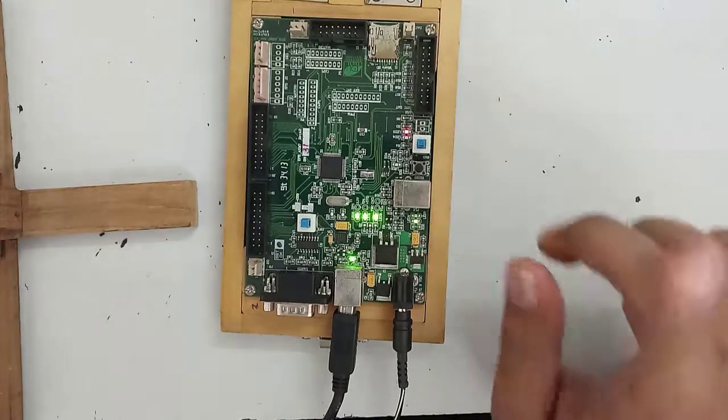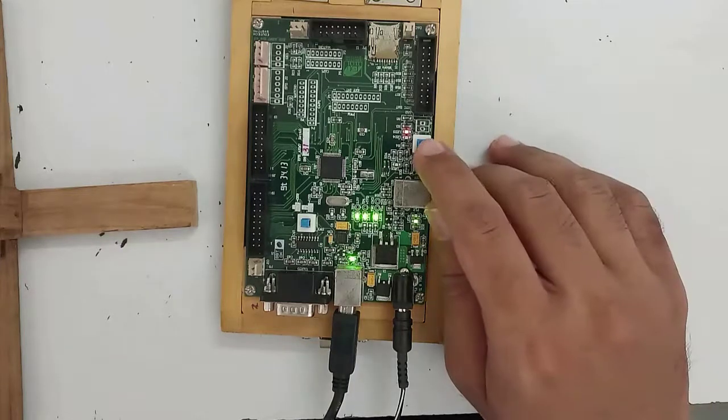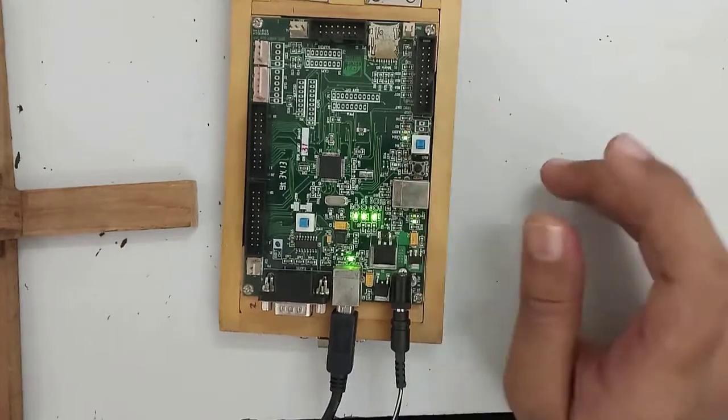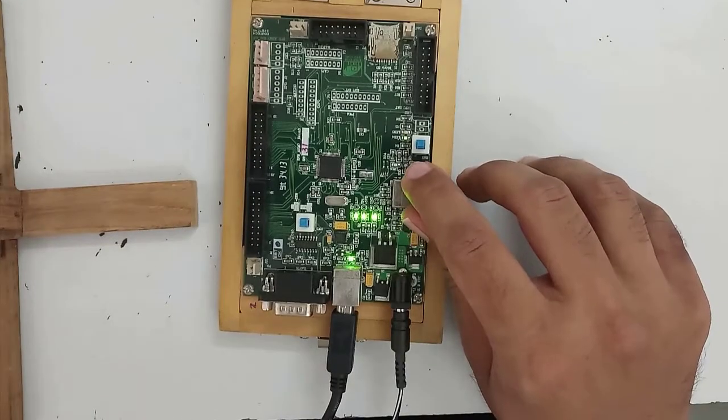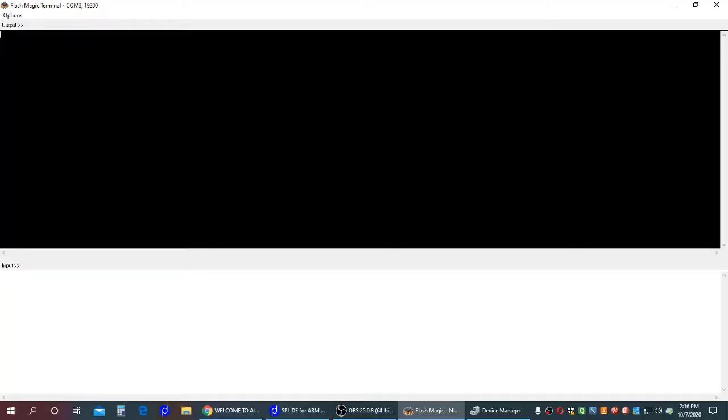Now to check the output of the practical, first release this button which we pressed while downloading the program, and simply click on the reset button. Upon pressing reset button, you will see the output of semaphore synchronization as you are seeing on this particular screen.